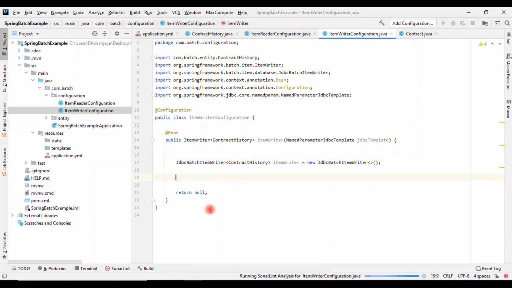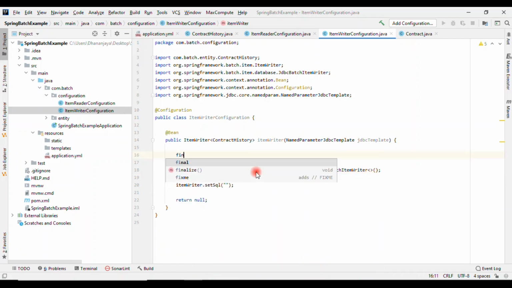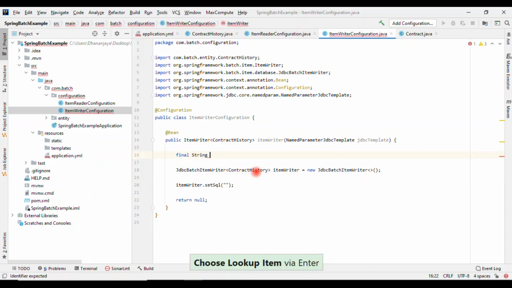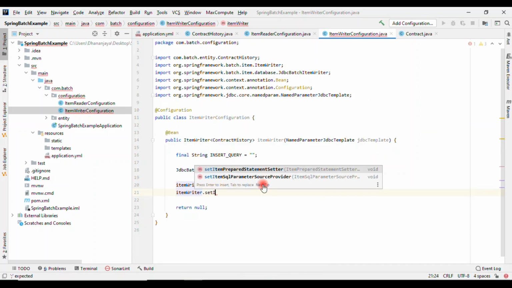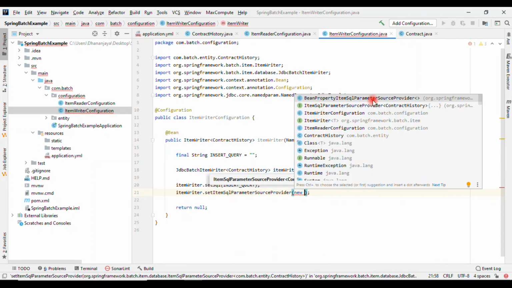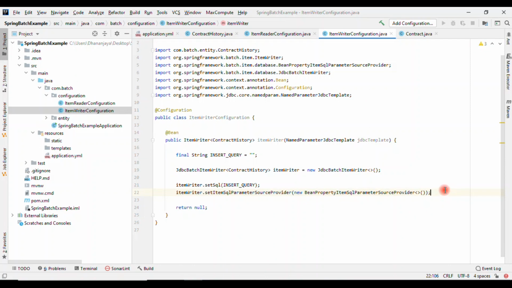Okay. So after that we need to set some query and all. So let me set the query. So item writer dot set SQL query. Final string, let's say insert query. So after that we need to set an item SQL parameter. This is the default.